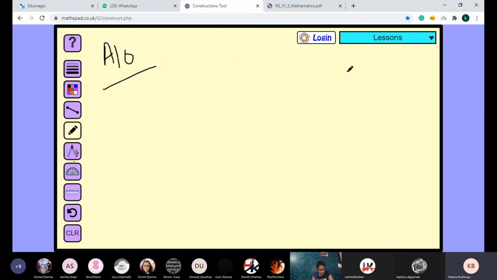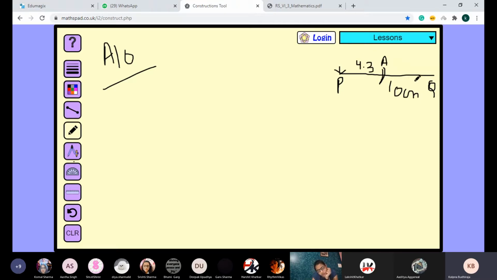Now look at the key points. What exactly we have to do? All of you look at the rough diagram. I am making the rough diagram. PQ is 10 centimeter. From this PQ, you cut off PA. So you will keep the needle at point P. Then you will make an arc at 4.3 centimeter. So wherever you will cut, you will mark it as point A. So this is 4.3.